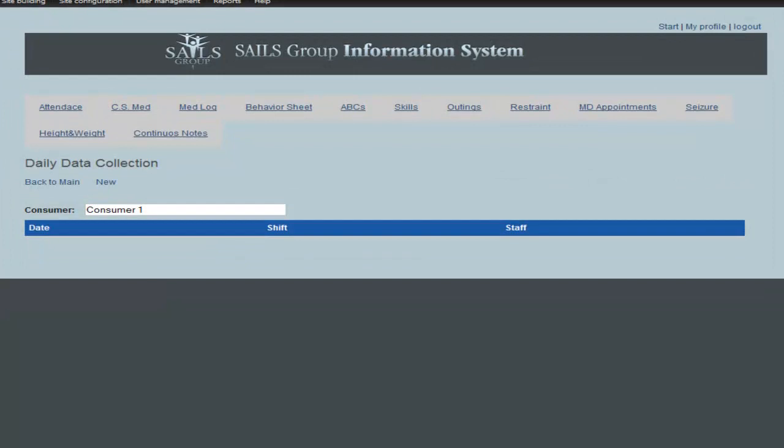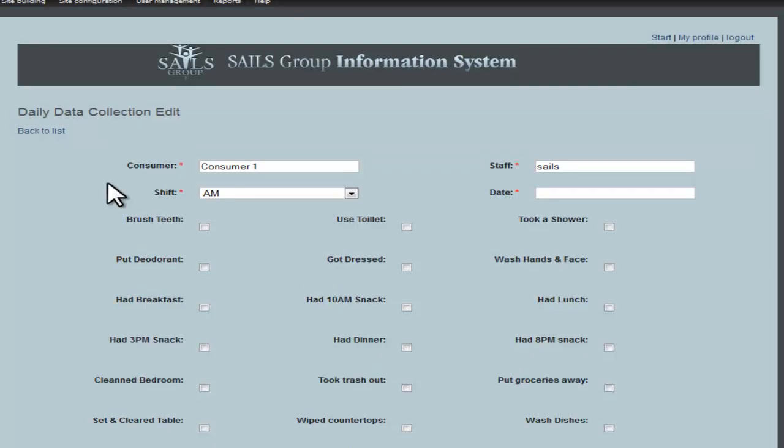So let's start with the daily data collection. When we actually have to put some new information for this consumer during the day, all we need to do is click on New, and then the form comes up. We already have the name of the consumer. We already have the name of the staff here, which is the user of the system at the moment. We set up the shift,